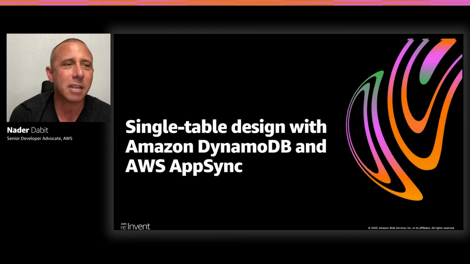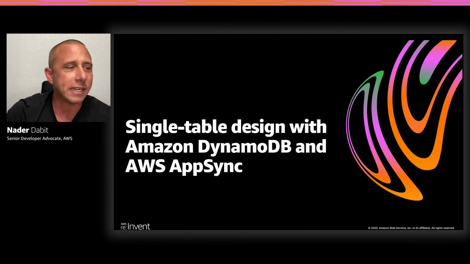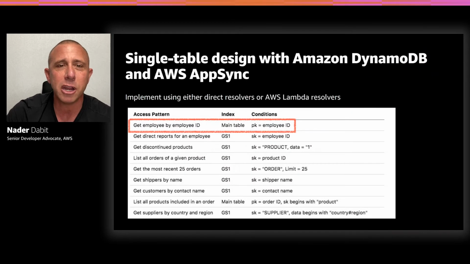So a lot of people ask about single table design with DynamoDB and AppSync. And this is actually really easy to do, and it's entirely possible, and a lot of people are doing it. So if you think about the different data access patterns that you need with DynamoDB, you typically are thinking of operating against the primary index as well as different global secondary indexes, working with sort keys and partitions